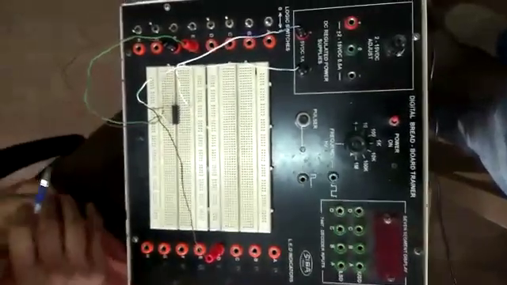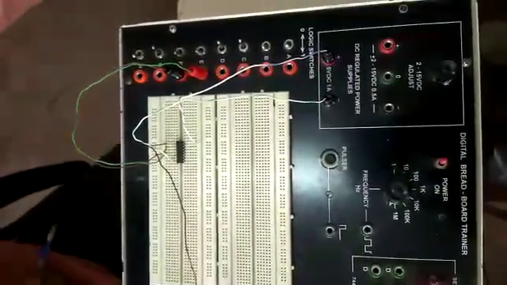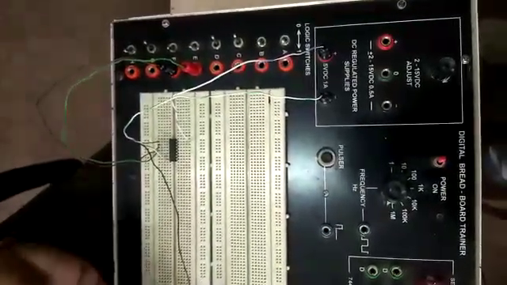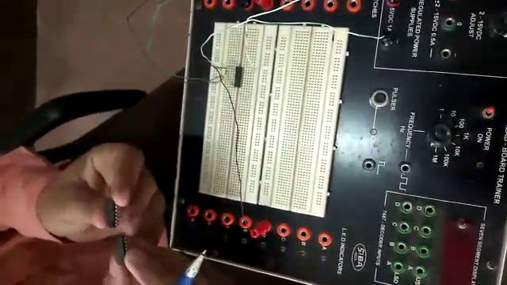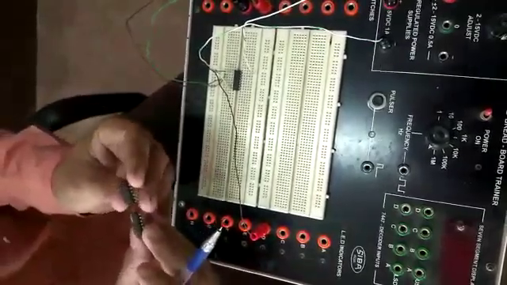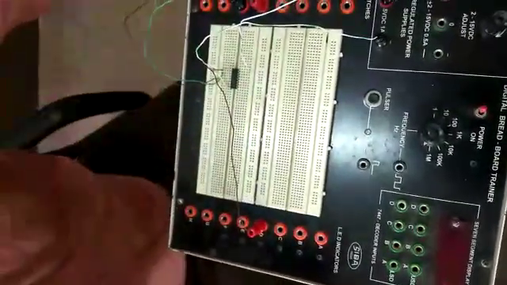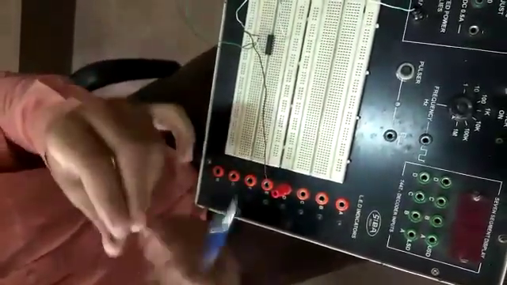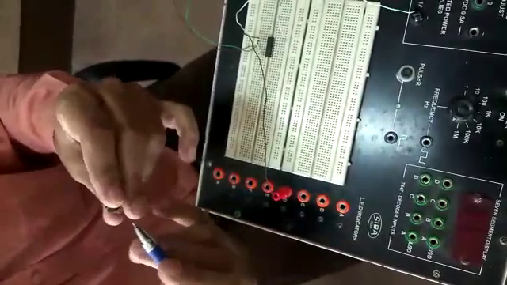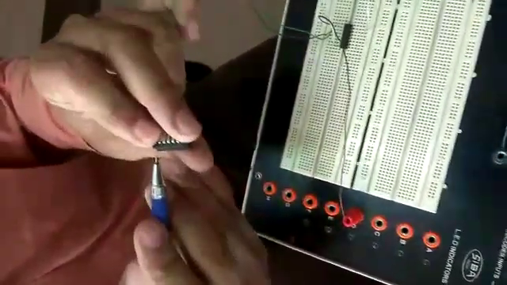This is the IC of the NOR gate, that is 7402, which we have applied. Here you can see the ICs. There are different numbers of ICs. I have told you that 7408 is for the AND gate, and 7432 is for the OR gate. Here you will see there are 14 pins, 7 on this side, 7 on this side. That's why it is said to be a dual inline package. And on this side you will find pin number 1. The notch is clearly displayed.